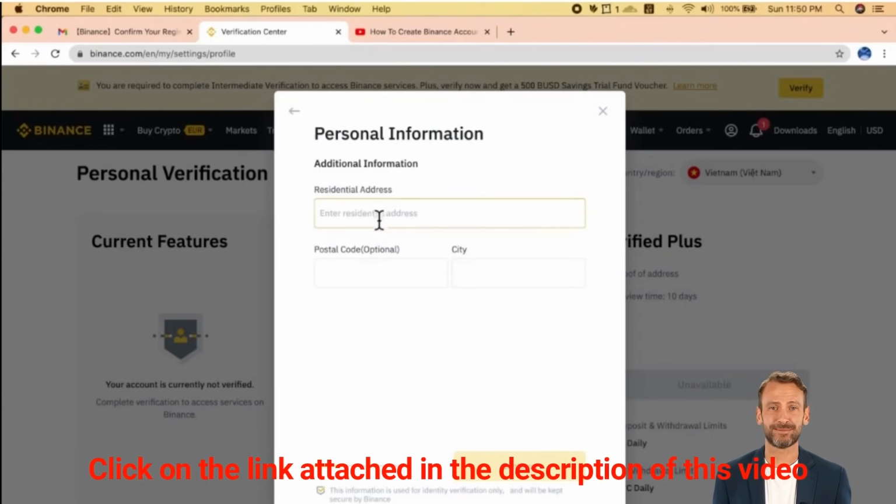Then click Continue. Next, you need to enter your residential address.